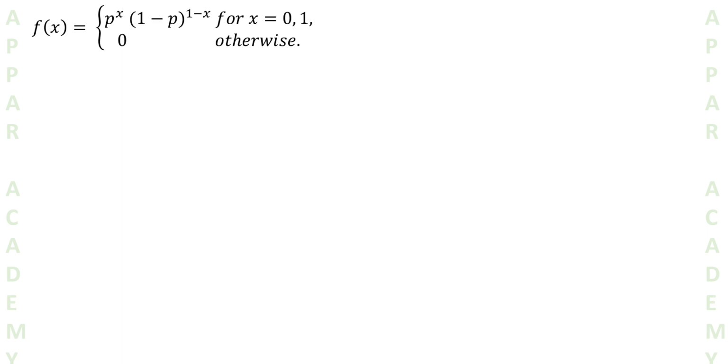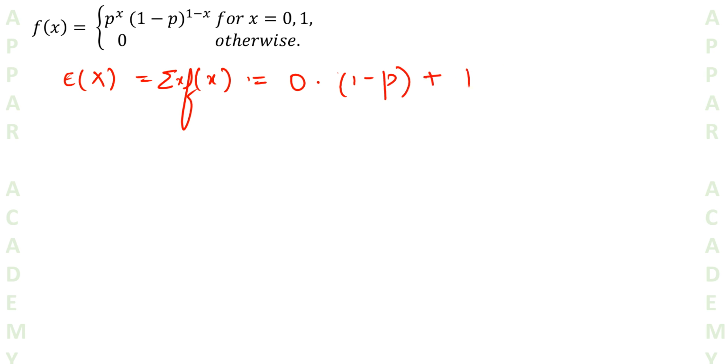So now let's talk about expectation and variance. These are two important constants, right? So the expected value of x we know is the summation of x into f(x). So this is simply equal to: x can take the value 0. When it is 0, what is f(x)? f(x) is simply p to the power 0, that is 1, times (1 minus p) to the power 1, that is 1 minus p. Plus, when x is equal to 1, this is equal to p. So the expected value of x is equal to p.